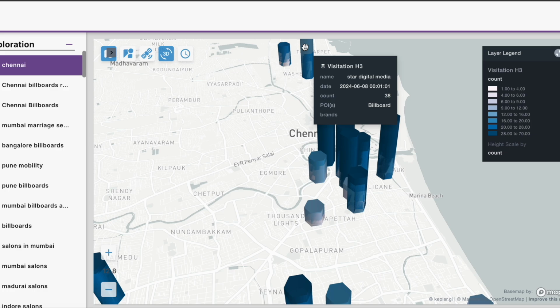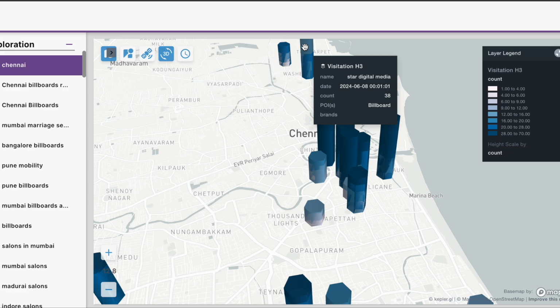So you could pick up people who are passing by in cars. You can understand how much time they're taking to go from one point to another, and see whether they have really spent that time at that particular billboard. And you can start to quantify the impact of your billboard campaign, your out-of-home campaign, and how many visitors have actually seen these ads. But the even better thing is, because we understand the movement of people and the location of the devices,